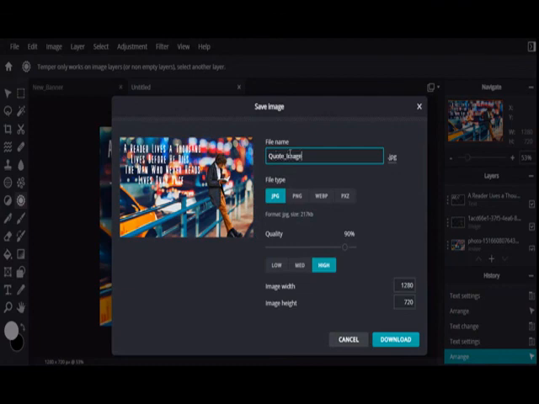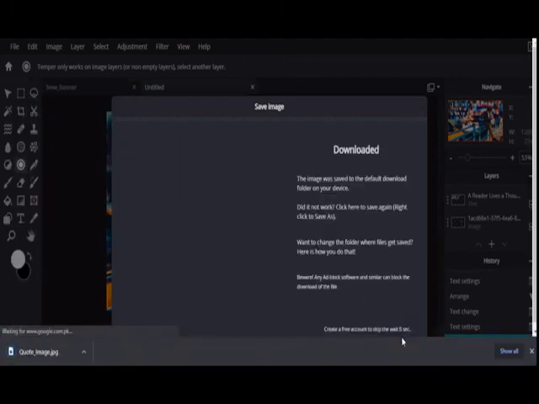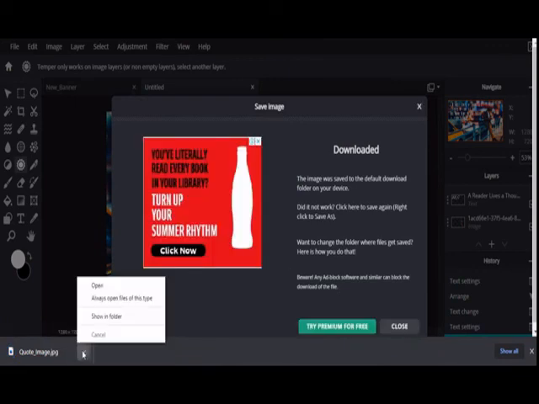Whichever file type you require, you can improve the quality, and then you have to download the image because you are working online. It will be downloaded in your system, and now you can see it.